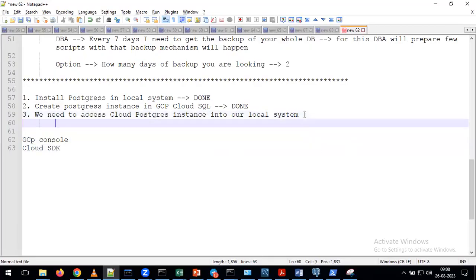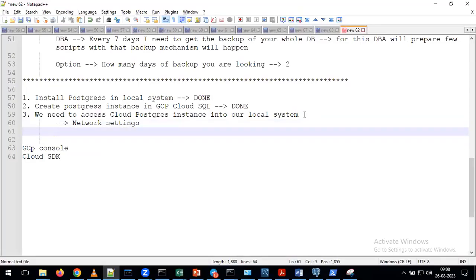To perform this activity, we are going to do some changes in the network settings. I am trying to explain all the steps we are going to perform in the next 30 minutes. Please try to understand all these steps. With that, you won't get any kind of confusion. Otherwise, you will get a lot of confusion about why we are doing this activity or that activity. That's the reason. Please try to understand what steps we are going to cover in the next 30 to 40 minutes or next 1 hour or 2 hours.